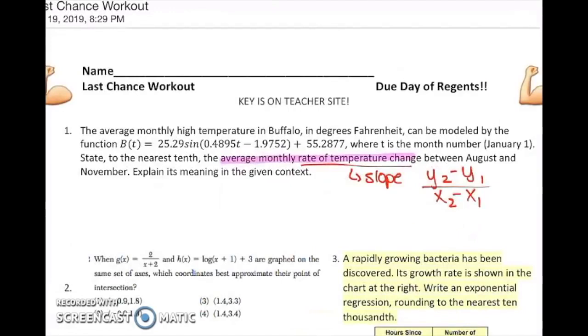So in order to come up with a slope here, we need to find two coordinate points. And I'm going to do that by using my calculator. So I'm going to type this function into y equals, and I'm going to go to the table, so second and then table, and I'm going to get some coordinates out. Now, I want to go between August and November. In other words, I want to look at when my x-coordinate is 8 and when my x-coordinate is 11. And if I do that, I'm going to get that my x-coordinate when it's 8 is